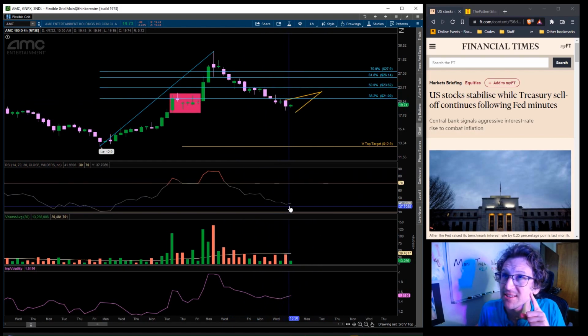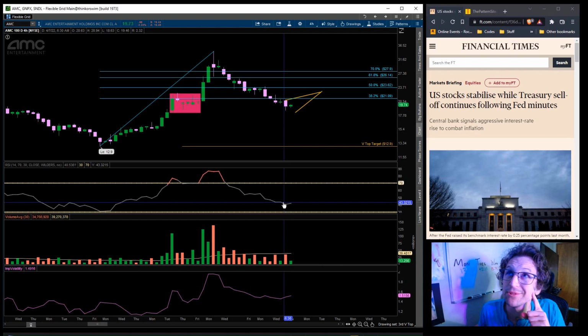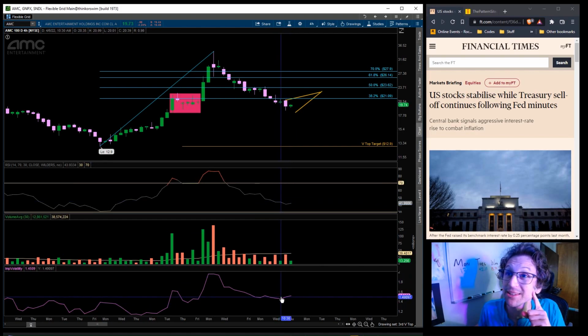But you can see the RSI here on the 4 hour starting to flex. It's going to start coming up maybe. It's possible to see a bounce. What's really exciting is to see the implied volatility trending up on the 4 hour. That's great. Price is dropping here on these 3 candles, and the implied volatility is rising. This could cue to me that the dump is about to follow.